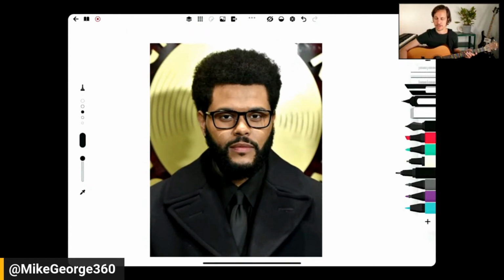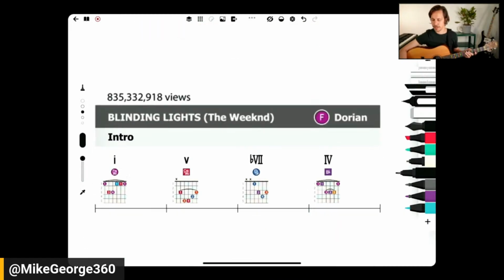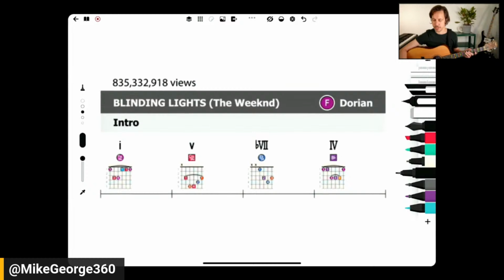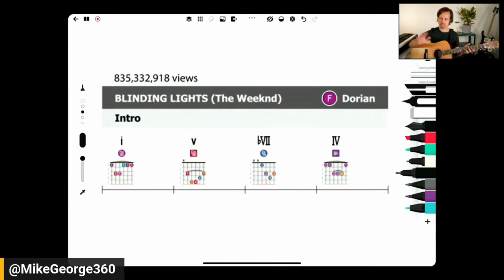One more example I'm going to talk about is Blinding Lights by The Weeknd. I think it's a decent song. It has almost 1 billion views, which means that it's doing something, right? Now, of course, it's more than just the chord progression in all of these examples. The melody on top of it, you have to be pretty innovative when it comes to melodies to come up with something that's catchy and that you want to hear again, using only four chords, but this one is